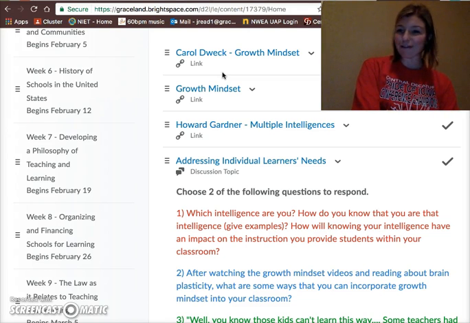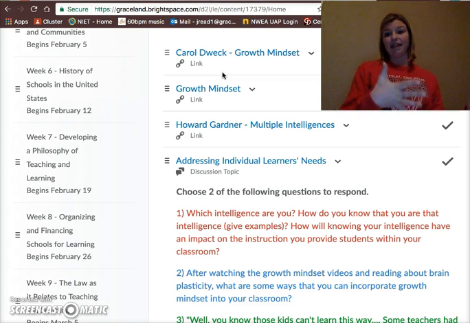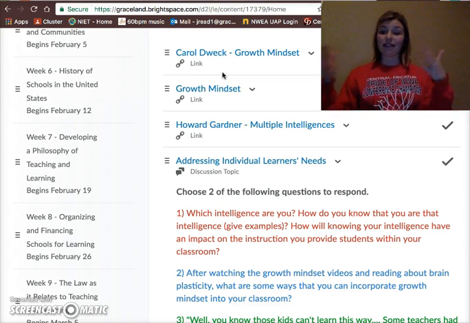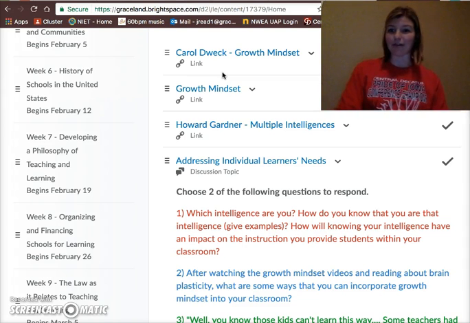I don't know if any of you are planning on getting your special education endorsement. You pick whether you're going to be elementary K-6 or secondary 7-12. That's how the licensure works. So you'll go in as elementary ed or secondary ed, and then you have the option to get your special education endorsement. I would be interested to know if any of you are planning on doing that or thinking about that.